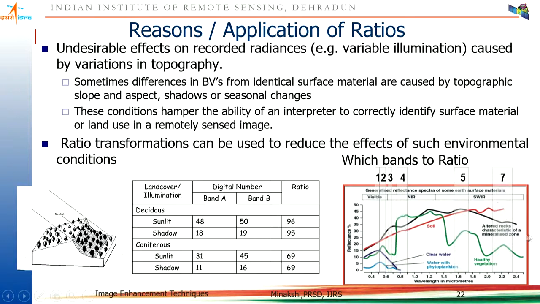You have seen the spectral reflectance curve of different earth cover features. I won't discuss all the objects. Let's discuss three major earth surface covers: water, vegetation, and soil. You know, water does not reflect infrared. It has very small reflectance, that too only in the visible portion.